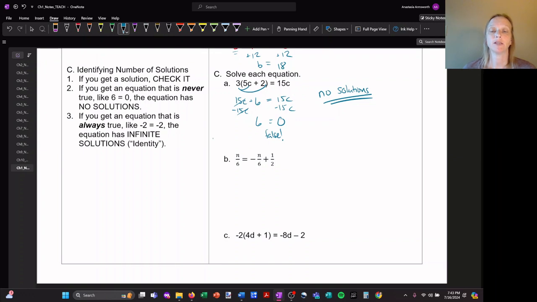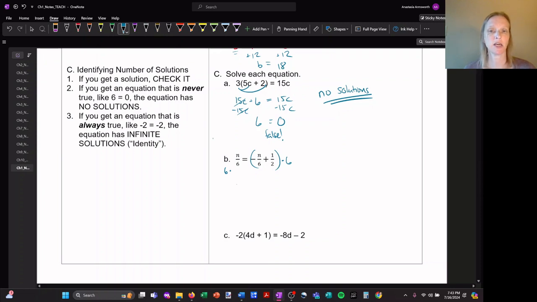Another example, let's look at this problem. n divided by 6 equals negative n divided by 6 plus 1/2. In a problem like this that has a lot of fractions, one of the easiest ways to address it is to multiply by the least common multiple of all of the denominators. So if I choose to multiply each side of this equation times 6,